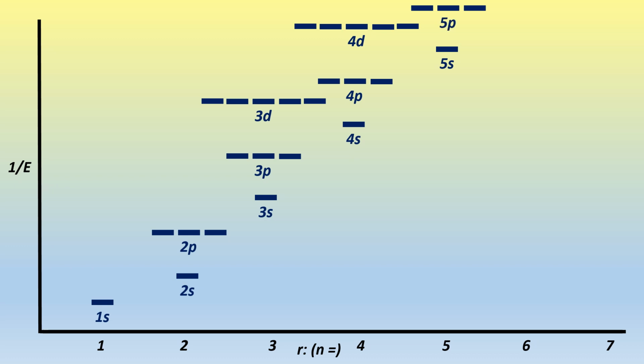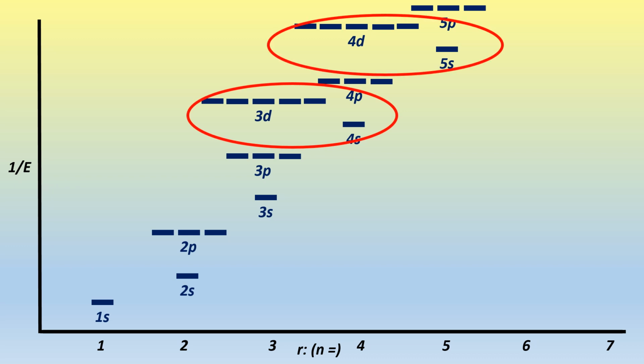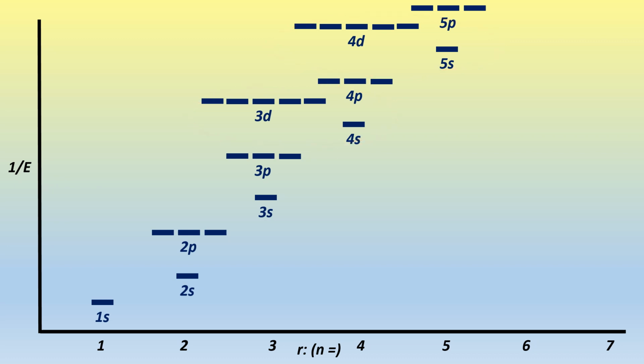However, if you look at the y-axis, you'll note if I'm filling from the bottom up, there's a crossover at the larger elements between the s level and the d. The 4s is actually at a lower energy than the 3d. 5s is at a lower energy than 4d. So when one starts filling in electrons,